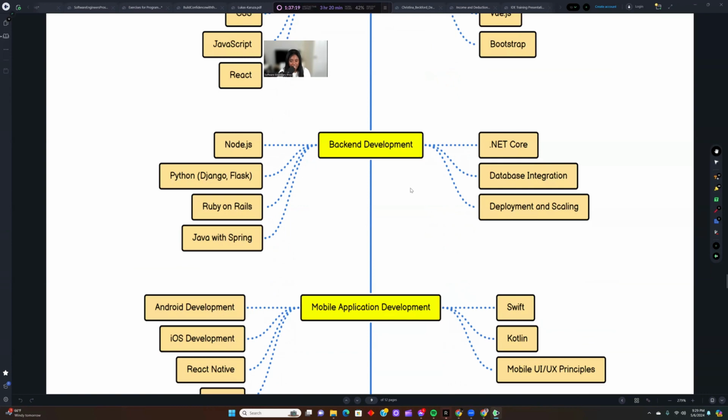Same thing applies with backend development. Now, backend development is a little bit different because if you're applying for a role as an application developer and back end, they kind of expect you to know front end too. That's just what it is. Like my title is application developer. Technically, I'm supposed to be more back end, but I've been with the company for a few years now, and now they kind of expect me to do both. That's just what it is. But going back to backend